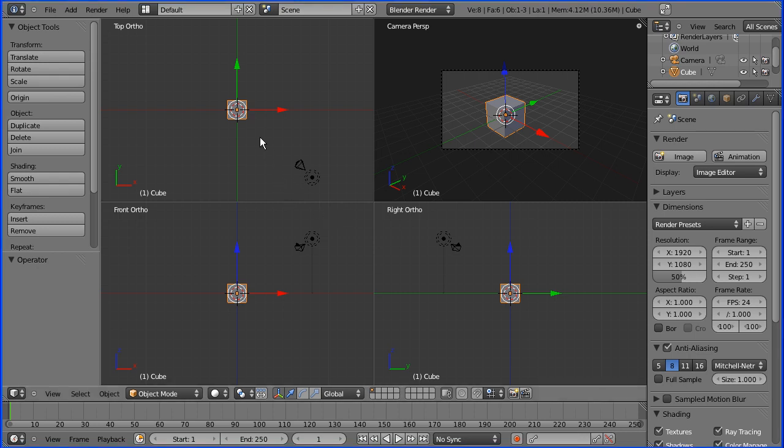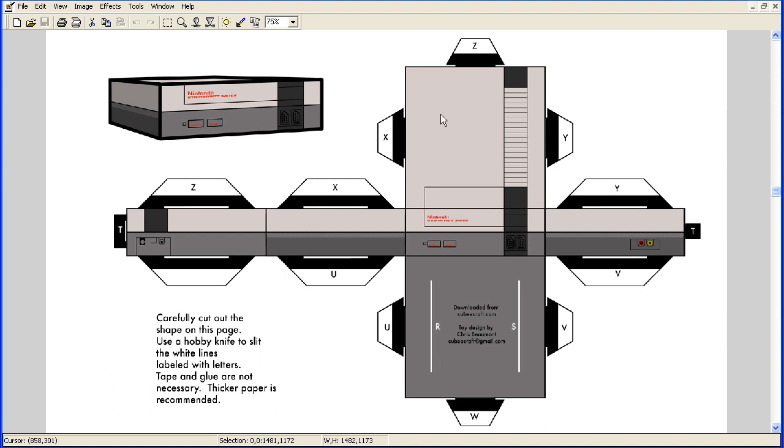Hi, in this tutorial I'm going to show you how to use UV mapping to wrap an image file around a cube. I've got an image file here. This is a JPEG file. It's of a Nintendo Entertainment System NES game console. I got this image from CubeeCraft.com, and there's lots of images there you can wrap around cubes and have hours